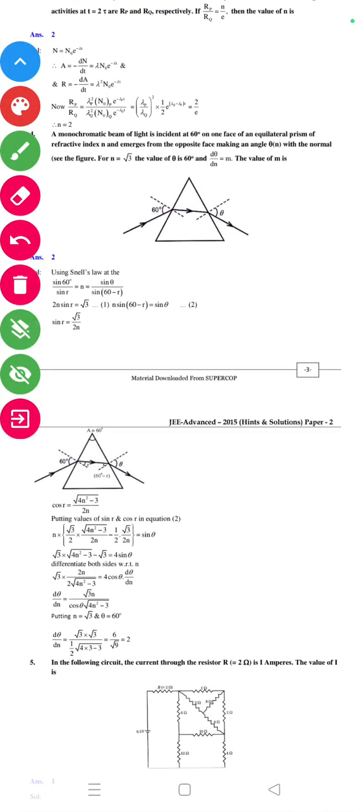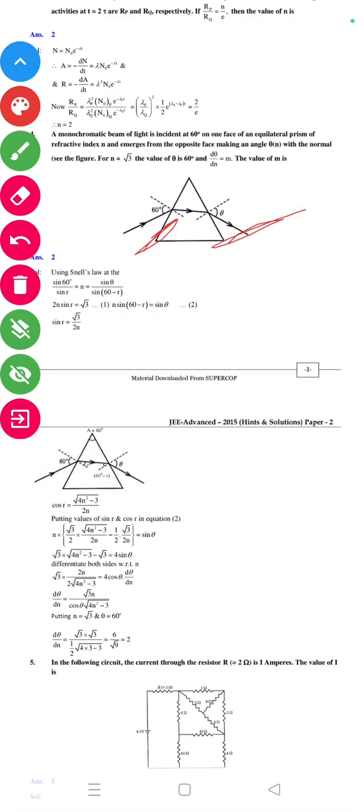अगला क्वेश्चन है कि मोनोक्रोमैटिक बीम ऑफ द लाइट इंसिडेंट एट 50 डिग्री ऑन द वन फेस ऑफ प्रिज्म ऑफ द रिफ्रैक्टिंग इंडेक्स n and the emerging from the opposite face making an angle theta with the normal। See the figure. For n is equal to root 3 and the value of theta equal to 60 degree, d theta by dn is equal to k root n। तो वैल्यू ऑफ m इज